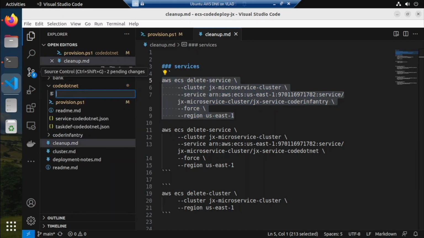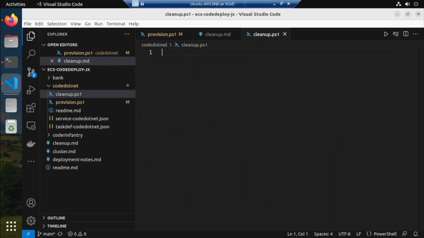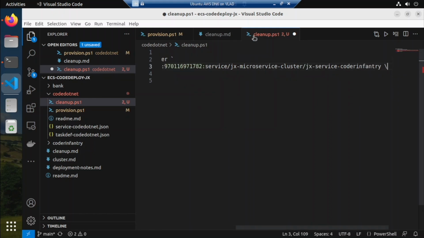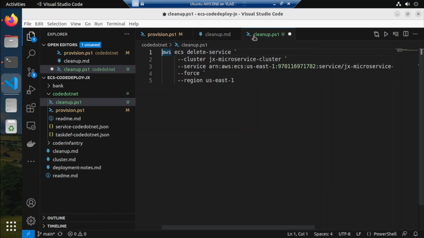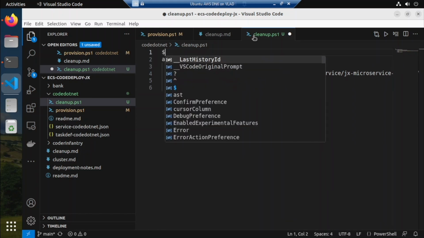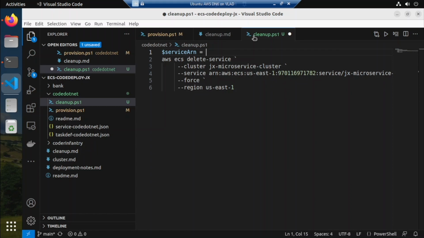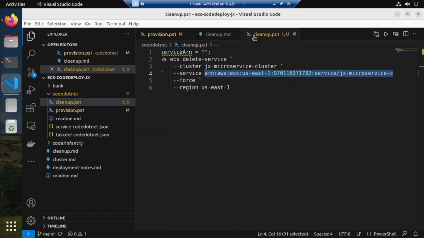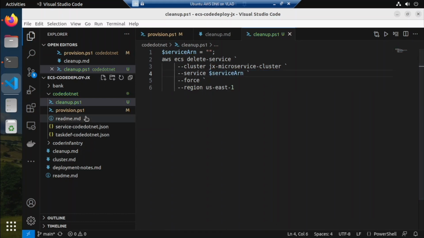Yeah, clean up the PS1. Put it in here. Change it to this one. So this one here, but this one would be the service ARN, and then let's put that in here. Okay, so